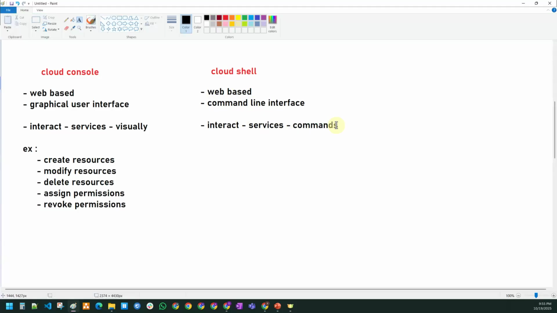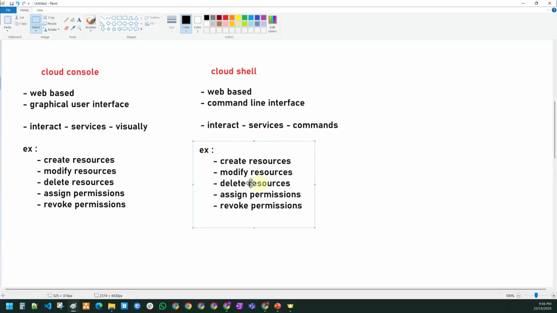So if one wanted to interact with the GCP services with the help of commands, they can go to the Cloud Shell, everyone. So whatever you are able to achieve using the Cloud Console, you can also achieve using the Cloud Shell as well.